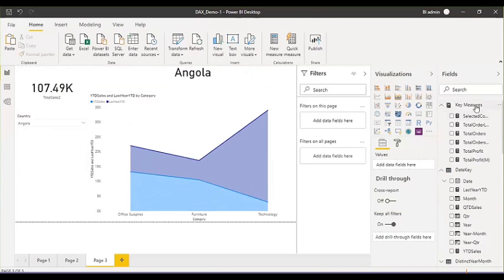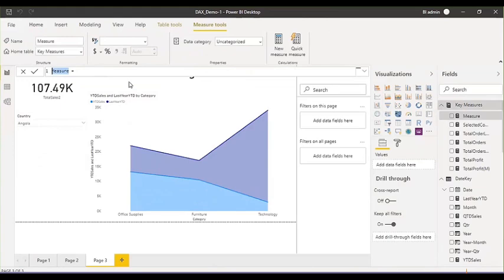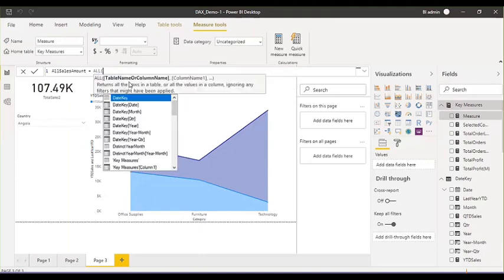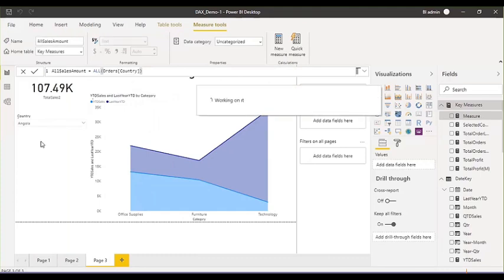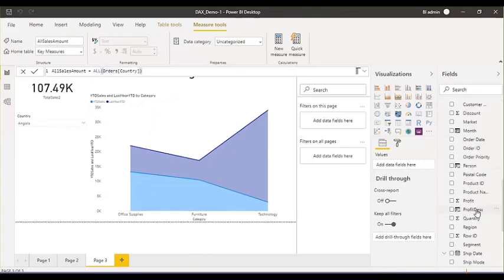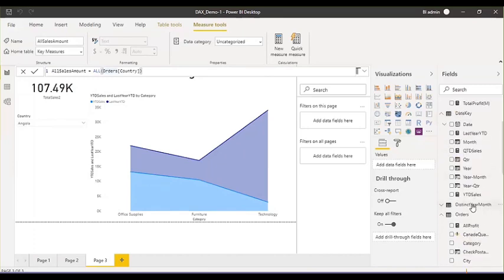So let's create another measure. All sales amount, right? It means the filter will not work for it. Here you use the all function. In this, you just pass the column. So when you select this one, it means whenever you select a value in this country column, the data of this measure will not be filtered, will not be changed. I think we have already seen this, so I'm just trying to get another example.